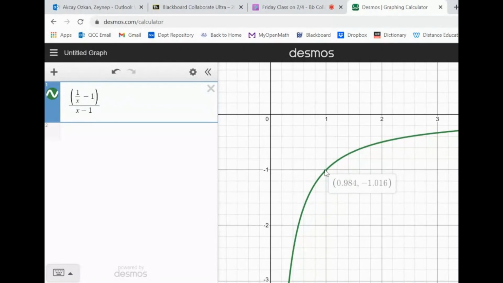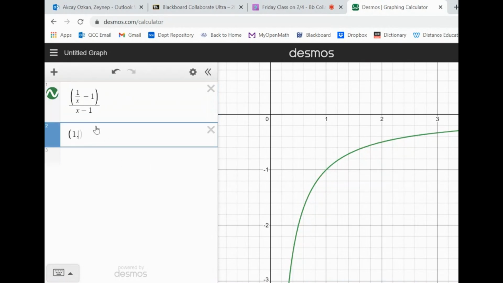So which is nice. You see here, when we plug in 1, the function is undefined. So at least it tells us that this is the case, although it doesn't show the point 1 comma undefined. Let me see if it will mark it. No, it doesn't mark it. I would just put it like this: 1 comma negative 1. Here the function is not defined,